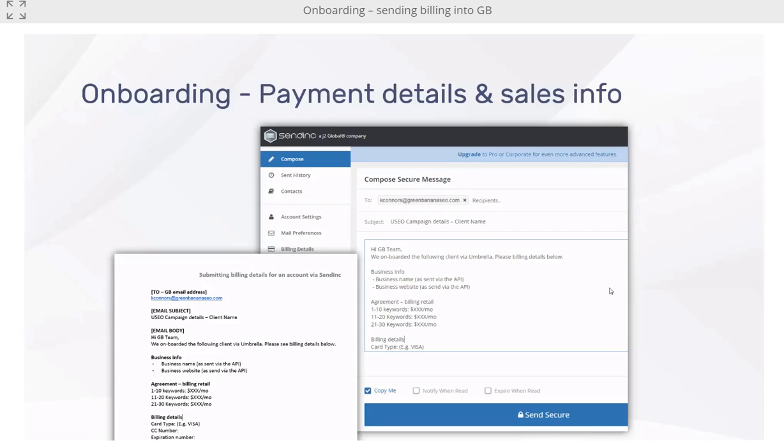Step three, which is also very short, is providing Green Banana with the billing information. Billing information, payment information, meaning A, the credit card information that needs to be on file. This is why we're using a secure service called Send Inc., which I'm going to show you in a second. B, we also need to provide the Green Banana team with the retail price to charge that card, whether we